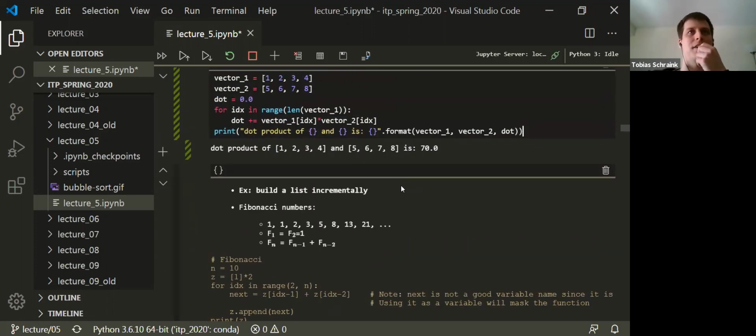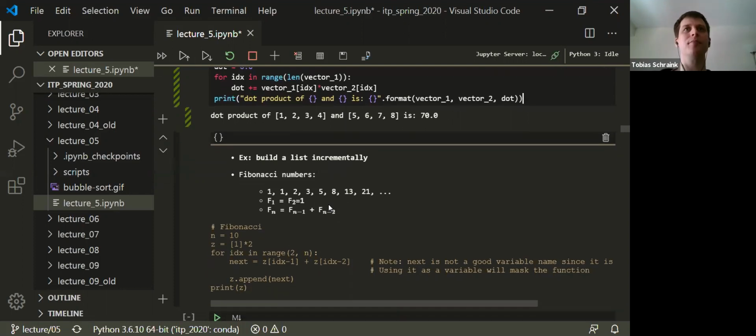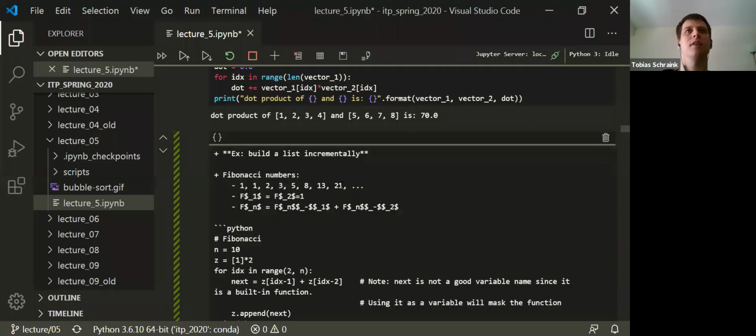Another classic example that people often like to bring up in these courses, mostly because a lot of computer scientists are very math affine, is the Fibonacci numbers. The Fibonacci sequence is a sequence of numbers that starts with 1, 1, and then each subsequent number in the sequence is the sum of the previous 2. So 2 is 1 plus 1, 3 is 2 plus 1, 5 is 2 plus 3, and then it's 8,